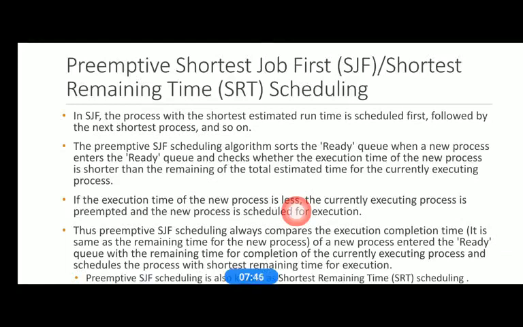If the current process's remaining execution time is greater than the new process run time, then the current task is preempted and the newly entered task, which has the shortest time, is allowed to execute.